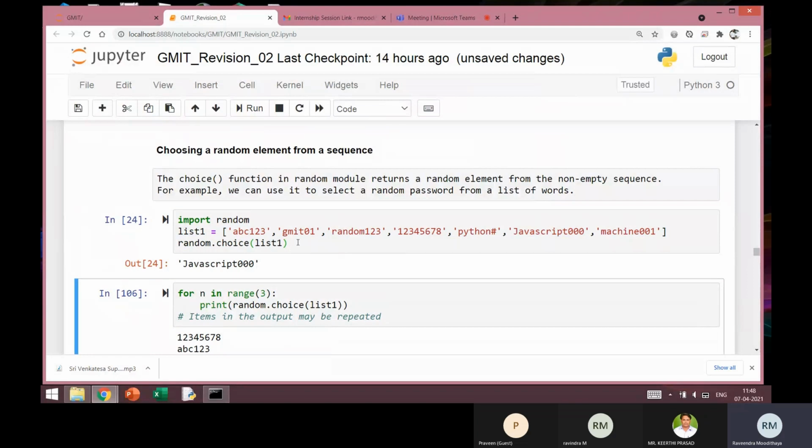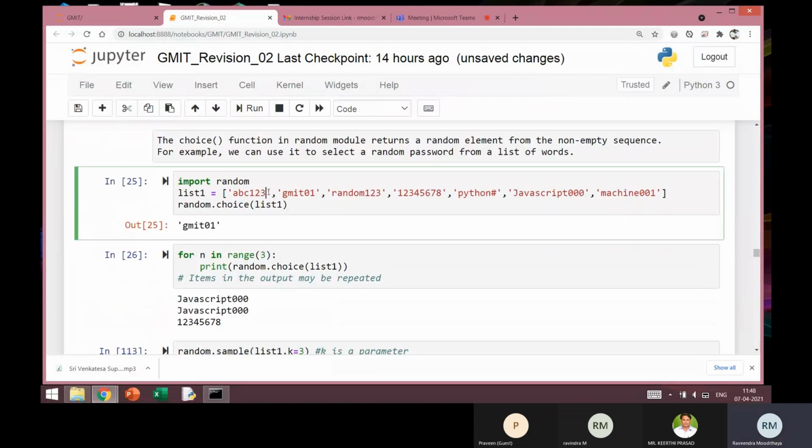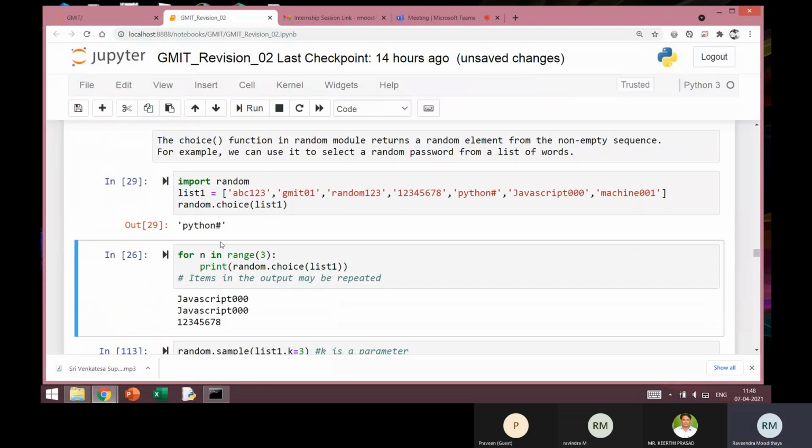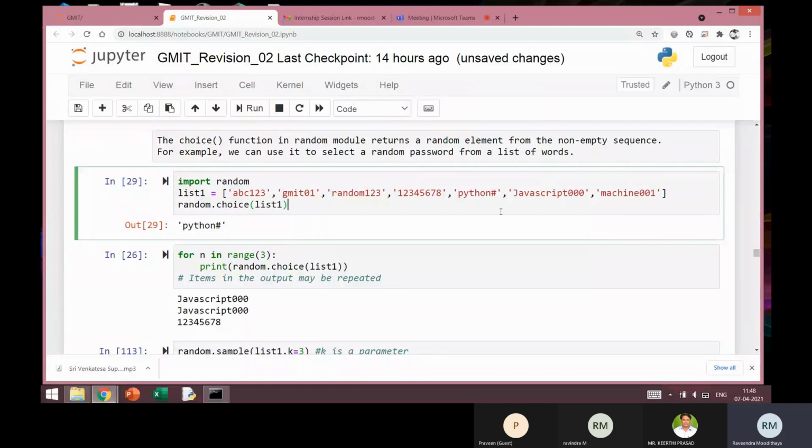Well, I don't say that it will give different values, because when I execute this successively, there is always a possibility that same value may come up again, because it is picked up randomly. Okay. Oh, sorry. So I execute this any number of times or multiple times. You will see that different values come up here as the output. So I can use this to pick up one random element from a given list. Okay.